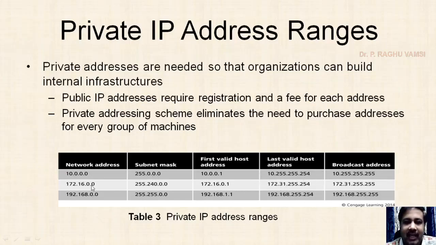Okay. In case of class B, the number of computers that you can use is medium, because here look at subnet mask 255.255.0.0. So this is the network address and this is the host address. That means you can have the possibility of 255 and 255 here. So the number of computers that you can connect is medium. Whereas in case of class C, the number of IP addresses that you can connect is small.